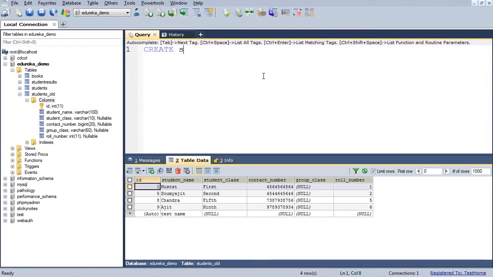I'm creating students underscore new. Create table students new with ID int 11, primary key not null,